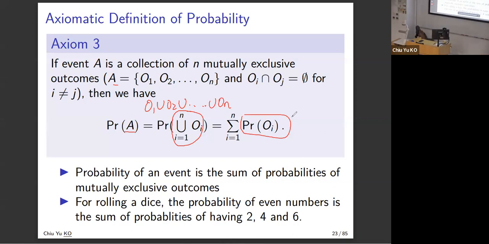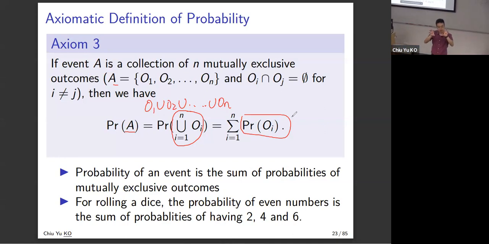The probability function will be the sum of the probabilities of its parts, right? It's not more than, it's not less than, okay? Or in other words, it's 1 + 1 = 2, right? It's not 1 + 1 more than 2 or less than 2. Okay, you have different parts, right? Whether you look at this small part and this small part and add them together, it's the same as looking at them at the same time. Okay, there's no strategy difference. That means the divide and conquer strategy is fine. You can look at small parts and add them up together. So that's actually the probability idea, right?